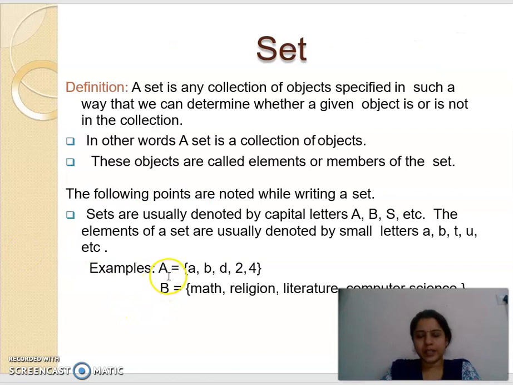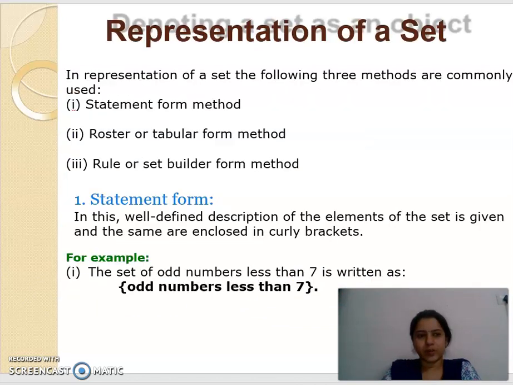For example, A is a set which contains a, b, d, 2 and 4. And B is a set which contains four names: math, religion, literature and computer science. So a set is a collection of objects.